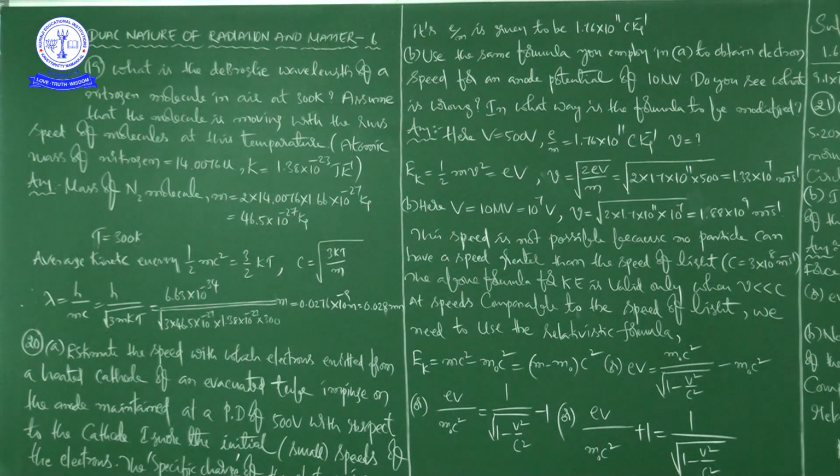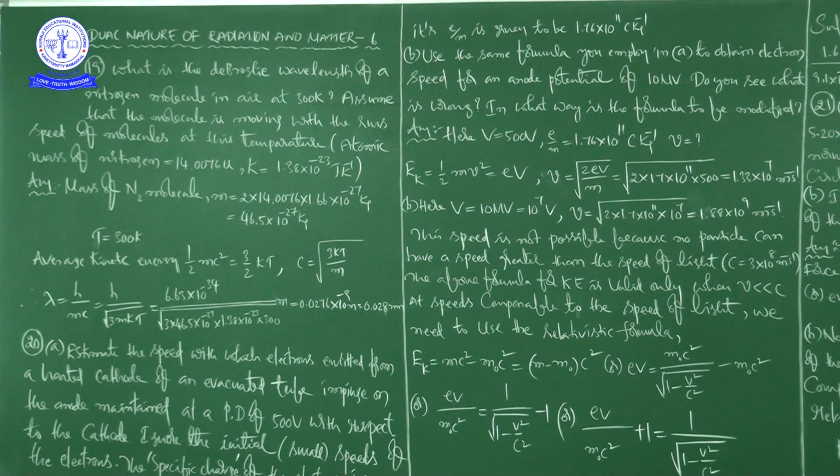In this class, we start with problem number 19. See here. What is the de Broglie wavelength of a nitrogen molecule in air at 300 Kelvin? One of the assumptions they have given is